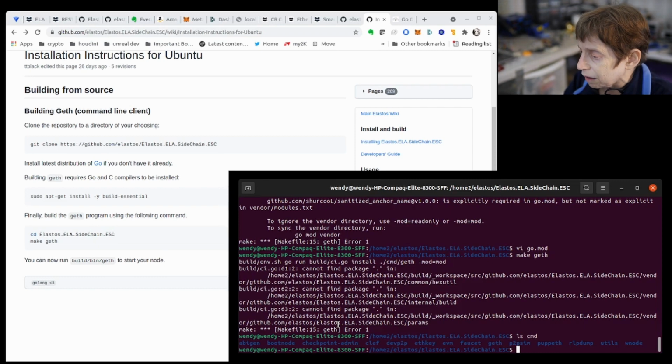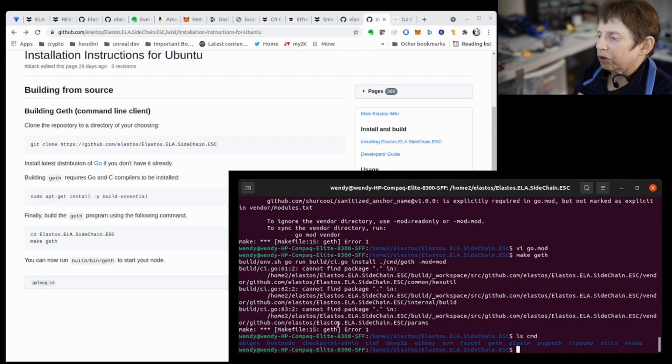It could just be that I'm using a compiler that's 1.17 and it's looking for 1.12, but it's also odd that they have you download this and then try to build it, but it doesn't let you